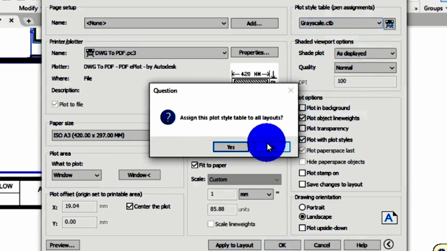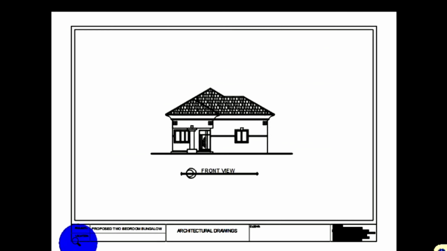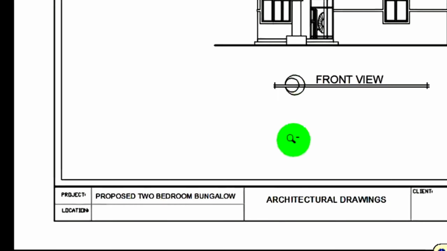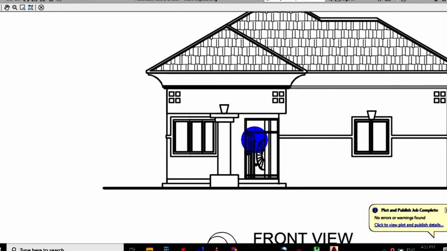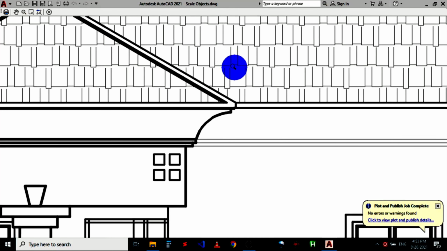I'm going to click no, then I'll come to preview. So you can see this drawing is in grayscale. It's in black and white as well, like the first one, but it's not as dark as the first one. Anywhere you have lighter colors, AutoCAD changes it to gray. Anywhere you have black or darker colors, AutoCAD changes it to black.